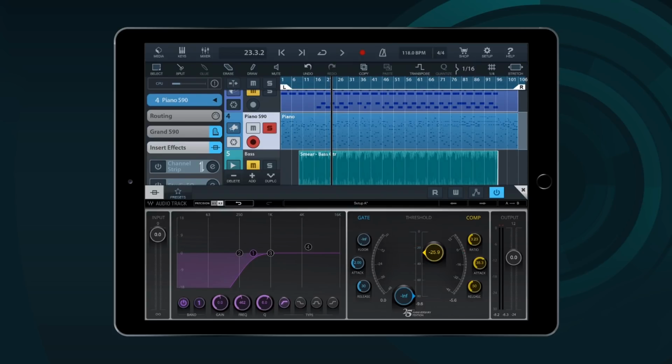Now on its own, this track sounds very thin, but of course we're not mixing for individual tracks, we're mixing for the complete mix. Now the slight issue I have with this setting right now is that the piano sounds very thin at the beginning of the song when it's playing basically on its own.